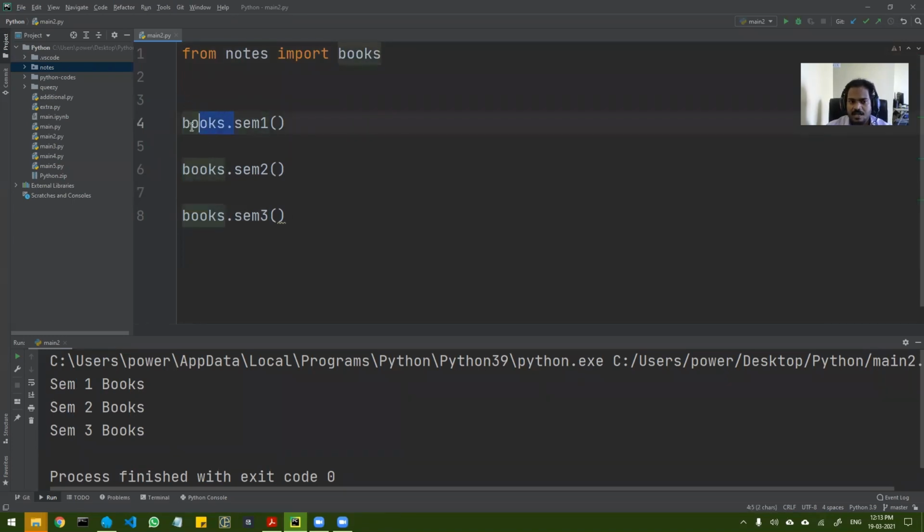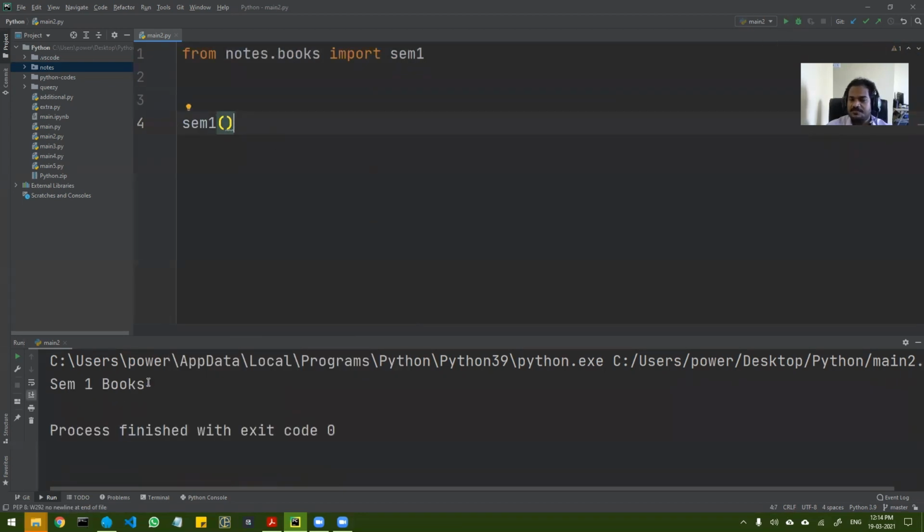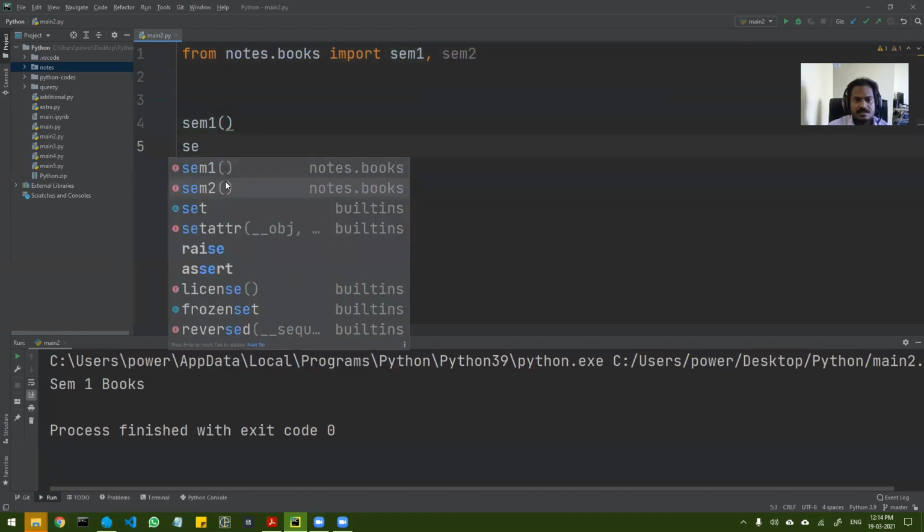सो इसके अंदर प्रॉब्लम क्या है? सिर्फ कि आपको हर एक के आगे बुक्स डालना पड़ता है, ठीक है। दिस इज वन वे ऑफ डूइंग इट। देयर इज अनदर वे जिसके अंदर थोड़ा और इजी करना है, अगर आपको तो कर सकते हो। सो व्हाट यू कैन डू इज यू कैन डू नोट्स डॉट बुक्स, and here you can specifically mention what you want, okay। So what you want is sem1। so अभी इसका एडवांटेज ये है कि अभी आपको बुक्स डॉट करने की जरूरत नहीं। so you can simply write sem1 and it will work, you can see sem1 books, right। अगर आपको sem2 भी चाहिए तो आप कॉमा डालो, sem2 डाल दो। so now you can call sem2।